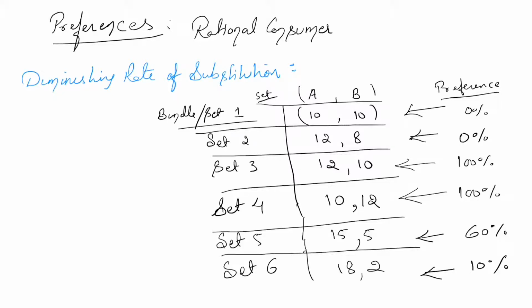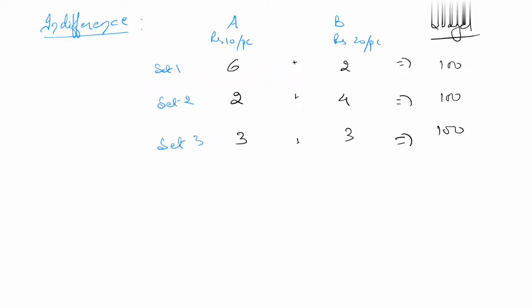The consumer is likely to choose only 60% of the consumers are likely to choose set 5 and only 10% will choose set 6. This decreasing rate of choice between different sets is known as diminishing rate of substitution. Suppose the consumer has 3 bundles or 3 sets which cost him rupees 100 for each set. If he purchases any bundle, it will cost him rupees 100. Then such different types of bundles which consumers consider same or indifferent are